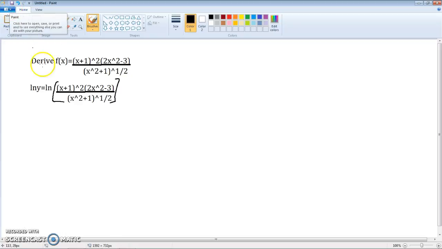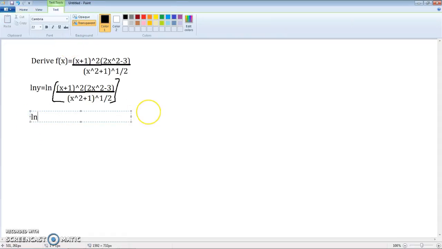now the next step will be to use log rules to simplify this side where it's easier to take the derivatives. So to do that would be natural log of y is equal to, first I'm going to simplify this first part, which is (x plus 1) quantity squared. That could change to 2 times the natural log of x plus 1. And then I'm going to add the next term since it's multiplied, times the natural log of 2x squared minus 3,